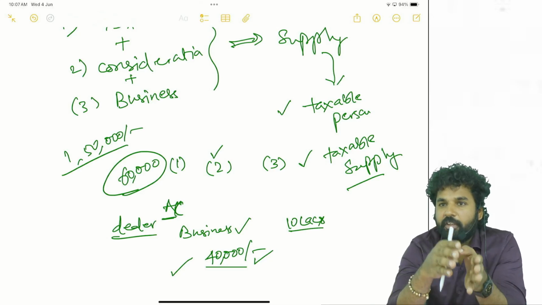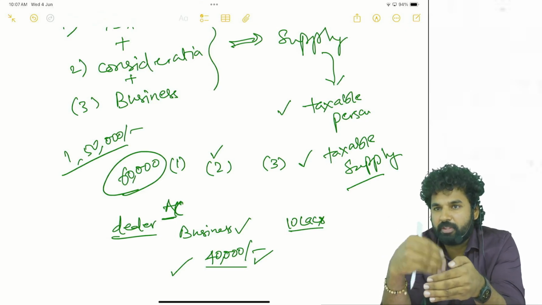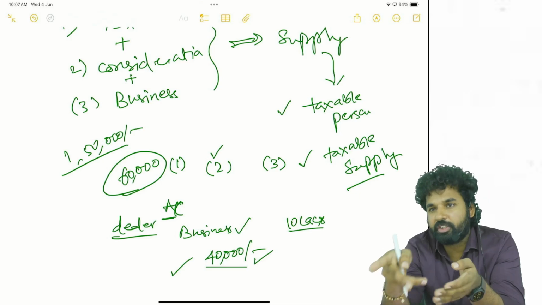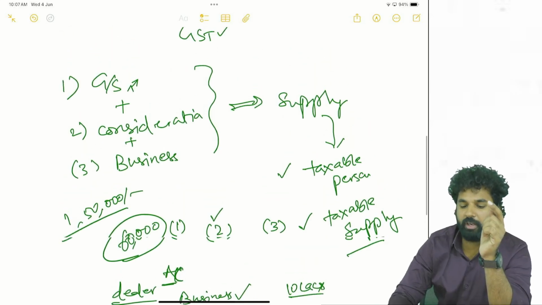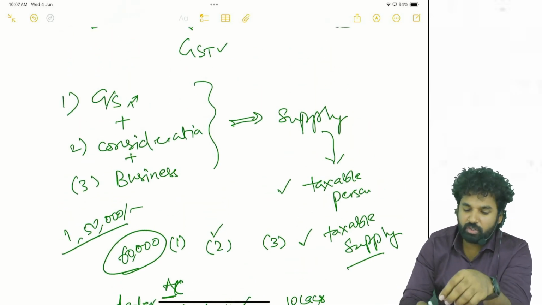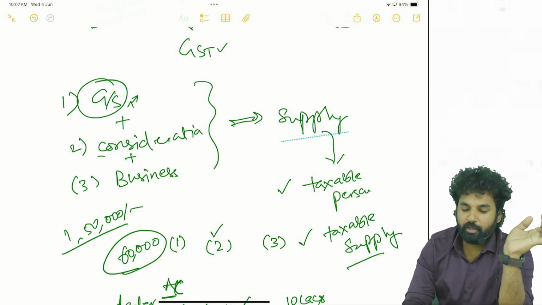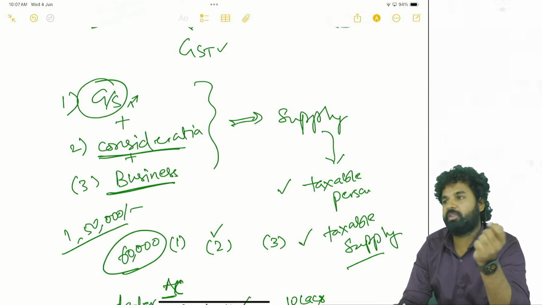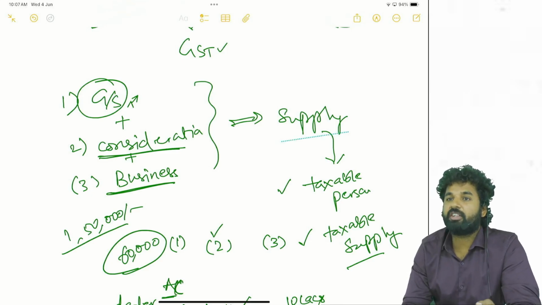Okay, so for an activity to be treated as liable for GST, all the conditions shall be met. First of all, it shall be supplied. After being supplied, it may attract GST or it may not attract GST. Likewise we need to elaborate each and every word in the definition. Firstly we need to start with goods or service. What is goods, what is service? And later we need to see the definition of consideration. We have to see the definition of business as well in order to understand the transaction given under